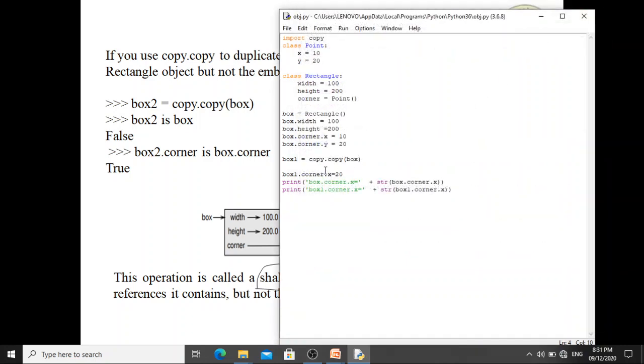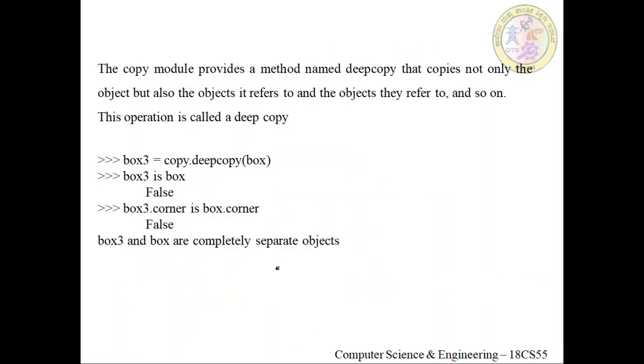But actually, I just modified only box1.corner.x as 20, whereas box.corner.x was 10. Since corner is being referred to by both box and box1, both have got the changed value here. Such a copy we call the shallow copy.